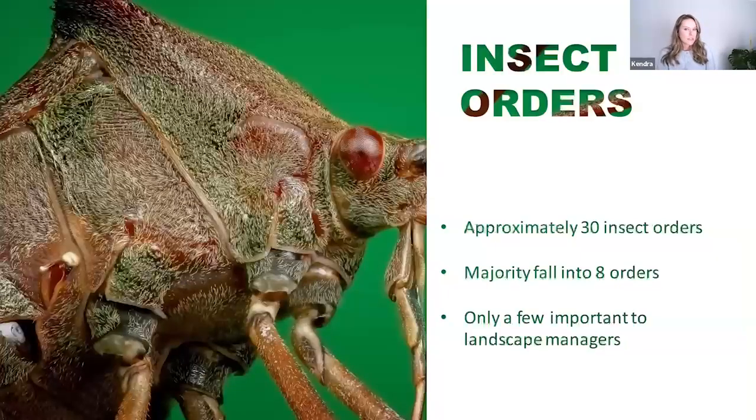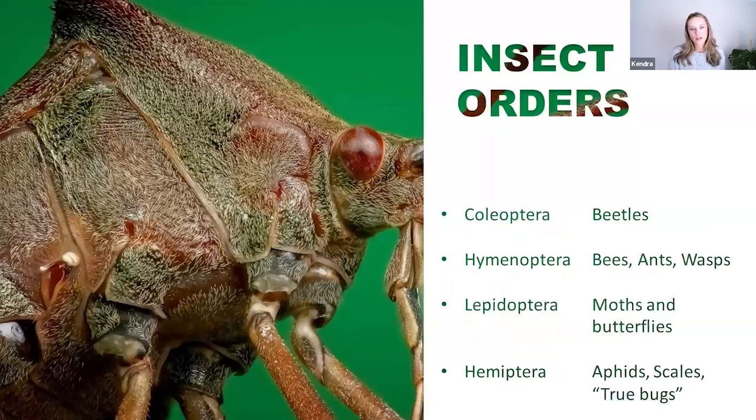So I want to take a moment before diving in to go over insect orders. There are approximately 30 different insect orders. The majority of them fall into only about 8, and only a few of these are really important to landscape managers. Now, the insect orders that we are going to deal with most as landscape managers include Coleoptera, which are